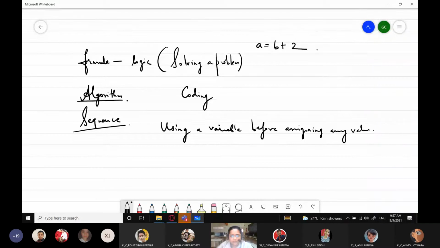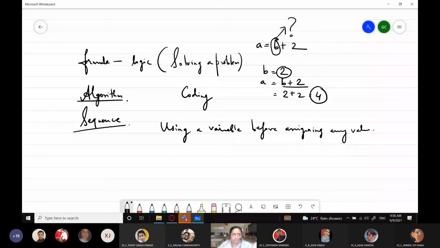We need to first give a value to b and then use the value of b in an expression. So if the system knows that the value of b is 2, then it will give you the answer 2 plus 2, 4. But if it doesn't know at all what the value of b is, then what will happen? What value will it use for b? First it will give you an error over here, right?